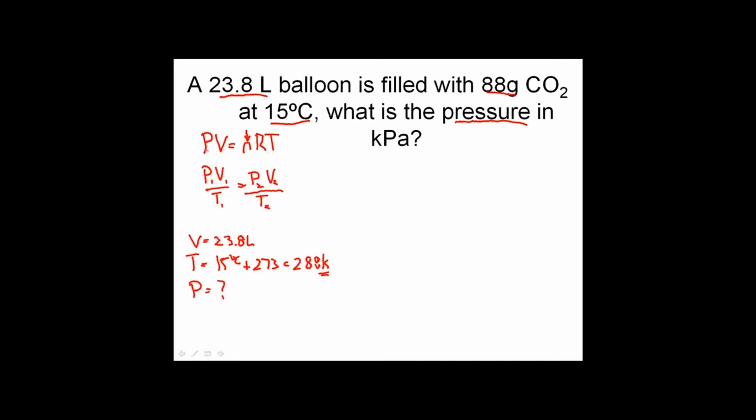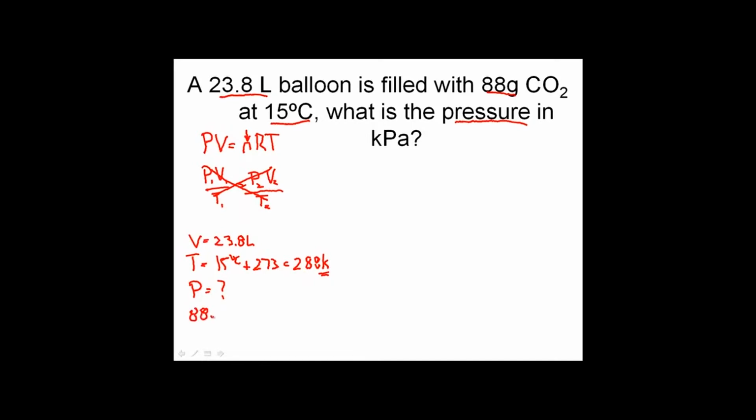I want you to check this out, guys. We have a formula P1 V1 over T1 equals P2 V2 over T2, with pressure here and pressure there. You'll notice only one pressure has been given, only one temperature has been given, and one volume has been given. So really, you can't use this formula because it requires at least two of these variables. So this formula really cannot be used. Not to mention, it cannot handle the fact that we have